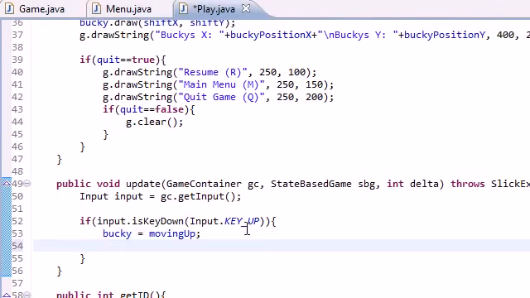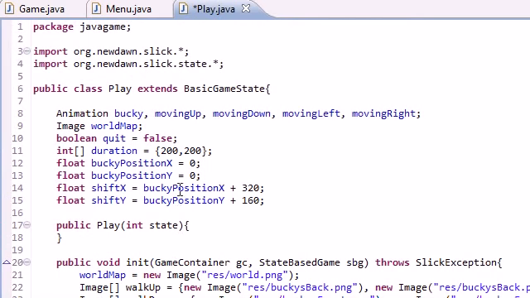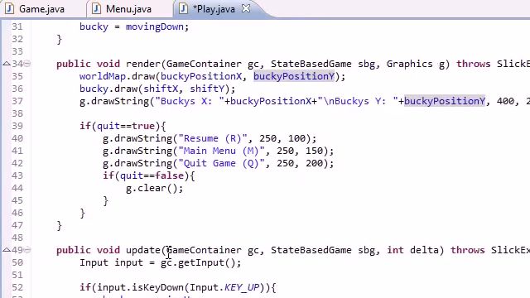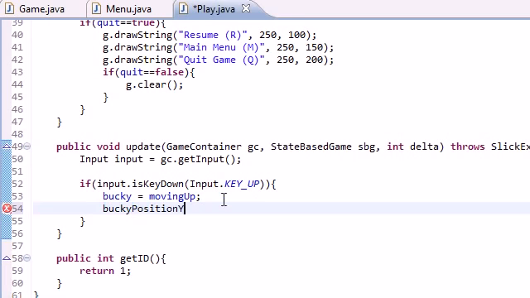So this is how you do that. I might as well just go ahead and explain it. So whenever he's moving up, what we need to do is we need to change his Y position. So Bucky's Y, or what was the variable? Forgot it already. Bucky's position Y, just go ahead and copy that. Bucky's position Y, of course, we want to add to this because he's moving up. So plus equals